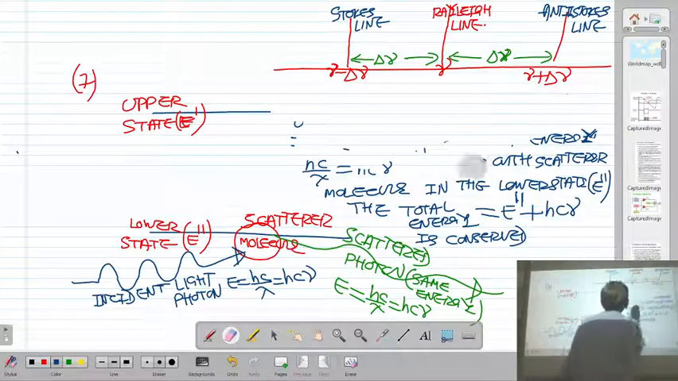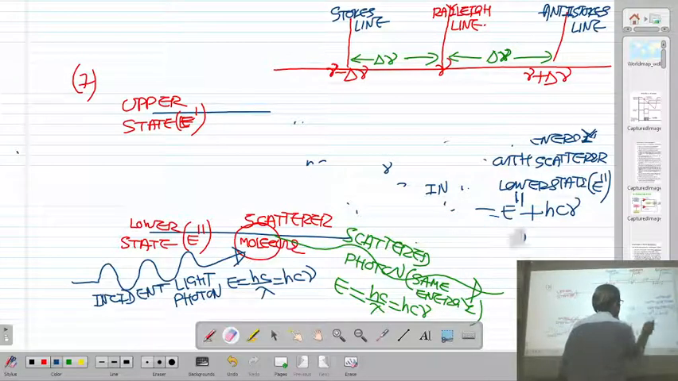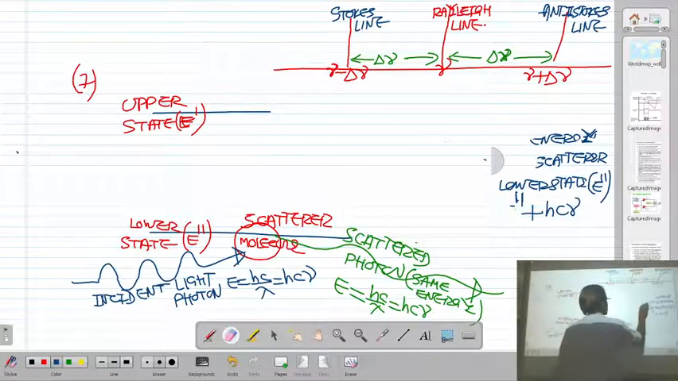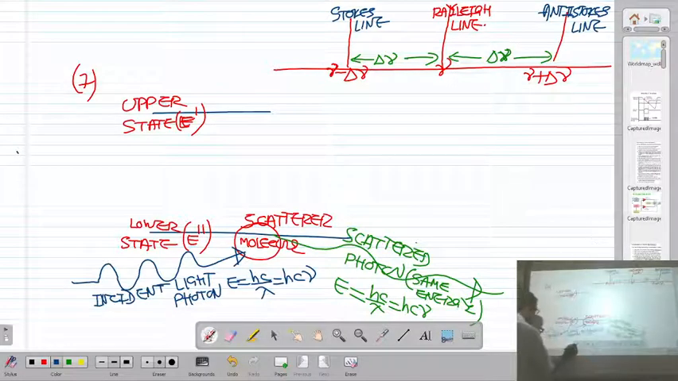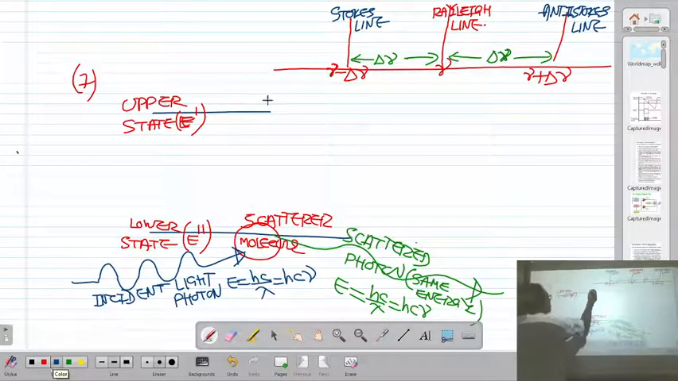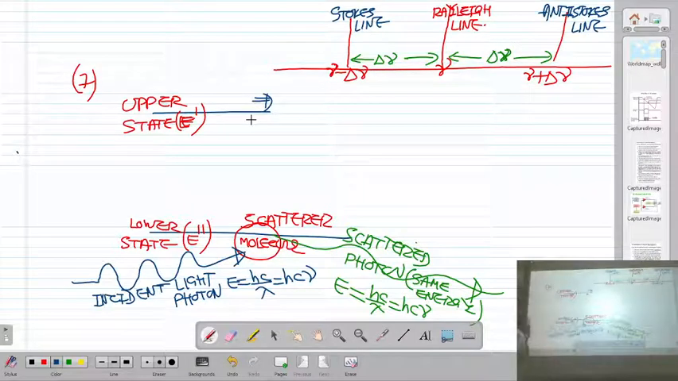Elastic collision and inelastic collision. If we consider elastic collision, now there are two types of collision as I discussed: elastic collision and inelastic collision, right? So if the collision is elastic, so there is a collision between incident light photon and molecule, okay? If the collision between incident light photon of energy hc/λ or hν with the scattered molecule is elastic,